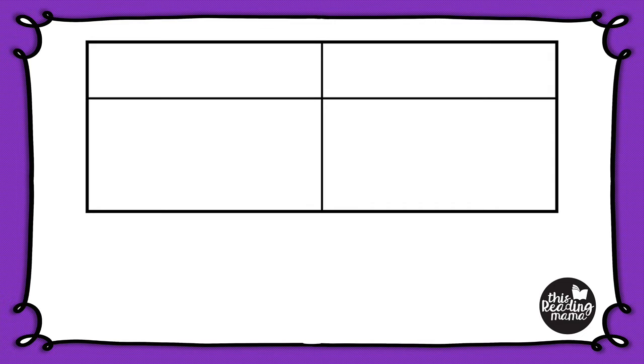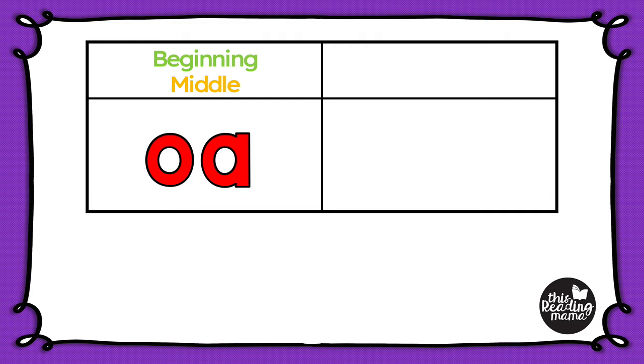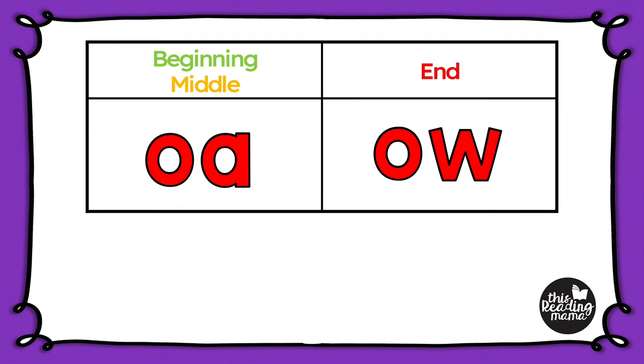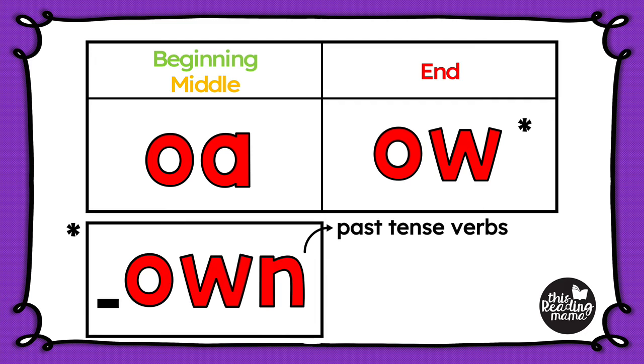In general, when you're choosing between OA and OW, you'll find OA at the beginning or in the middle of a word or syllable, and at the end of words, you'll find OW. Now, there are several words that do not follow this generalization. These typically are words that are past tense verbs, and they're in the own family, OWN, like blown, grown, thrown,